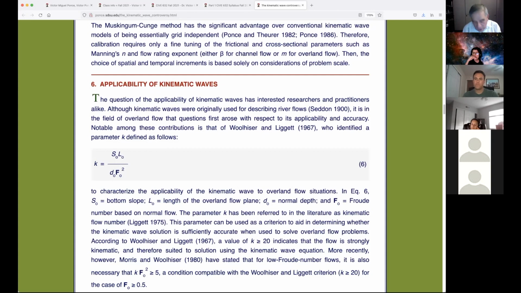Another situation is when you have routing over an ephemeral stream, which has no flow. At that point, the water is going to immerse itself into the ground. And then eventually you're going to lose the flow. So you've got to figure out what the so-called transmission losses are. SCS calls it the transmission losses. While you transmit the flood, it will lose itself. Has this happened? Can this be done? Yes, of course. There are situations in Arizona where routings have been done where you start with, say, 100 and